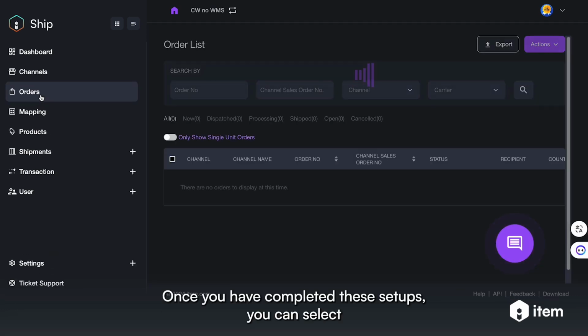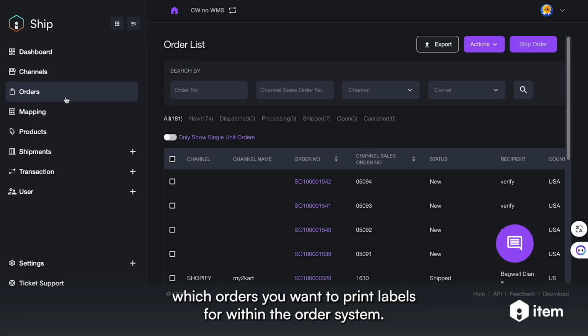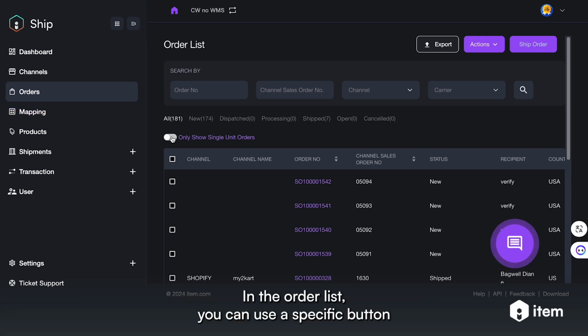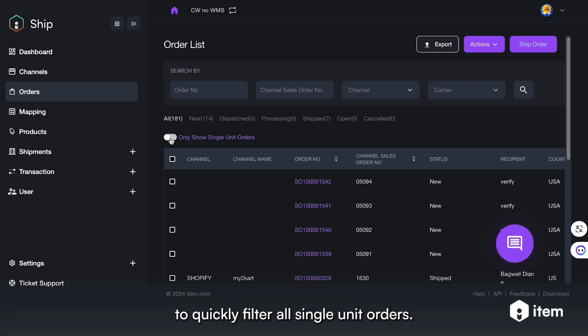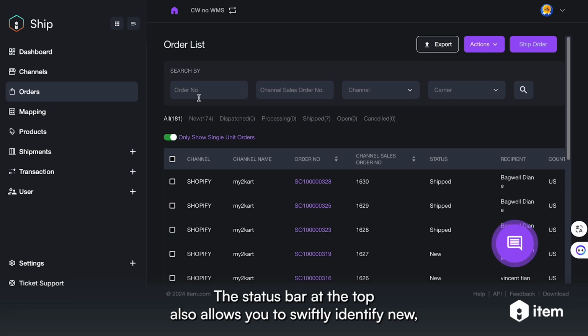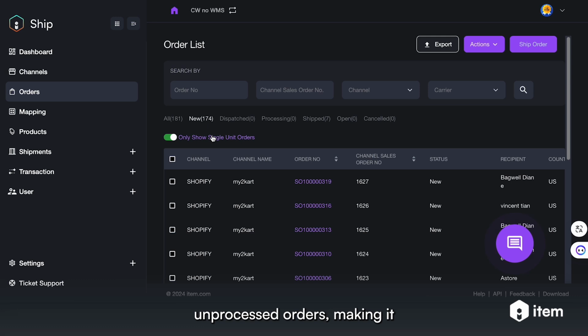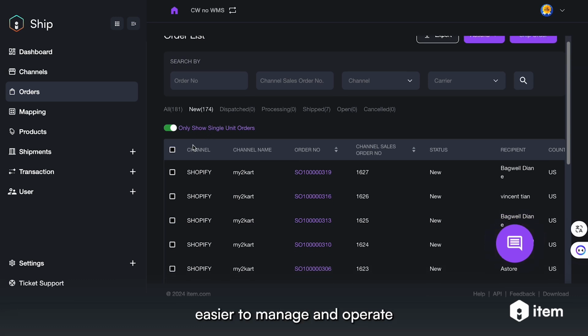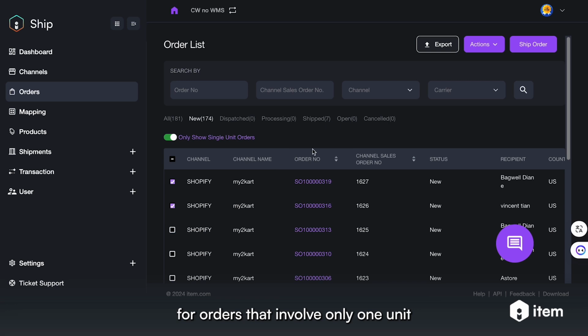Once you have completed these setups, you can select which orders you want to print labels for within the order system. In the order list, you can use a specific button to quickly filter all single unit orders. The status bar at the top also allows you to swiftly identify new, unprocessed orders, making it easier to manage and operate. For orders that involve only one unit and don't require repacking,